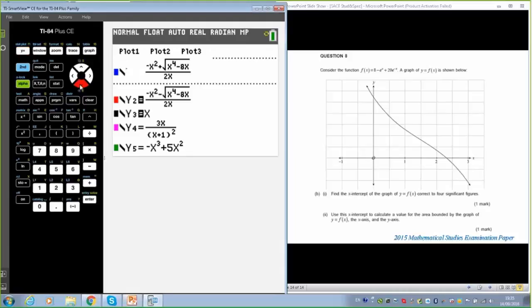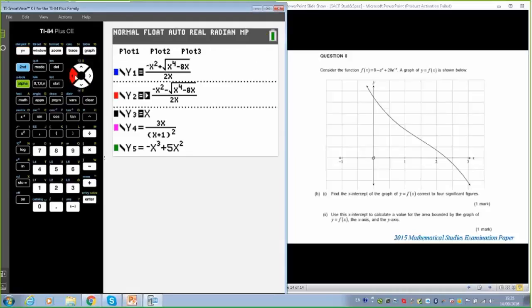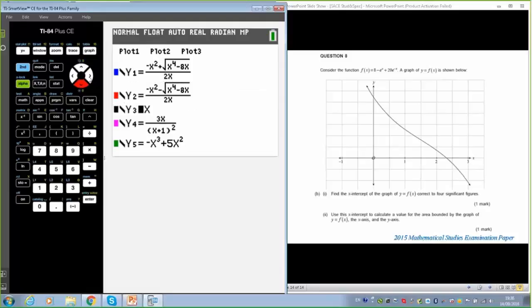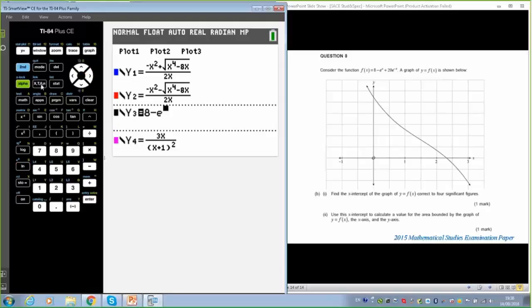So I'm just going to turn those two off very quickly. I'm just going to show this because I'm going to show you how we can use the store functionality. I think Carol was going to talk about this as well, but I'm just going to show you how we can use the store functionality in the integration part as well. So most of these marks, I think, for this question, if I remember rightly, were quite low marks. So that means that the calculator is allowed to be used quite a lot on this one.